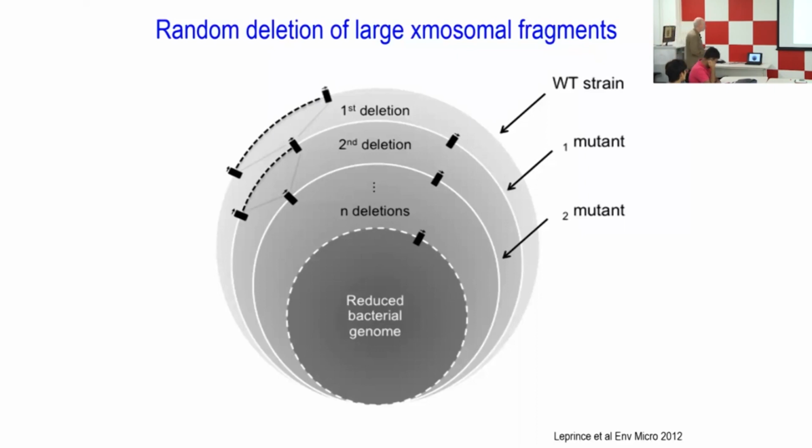But there are other ways to reduce the bacterial genome that are not directed but random. So how does it work? Sometimes in a bacterial genome you have segments that are adjacent and that may not be necessary for given applications, but you do not know exactly what they are. So what you can do, and we and others have done, is to use transposons. The transposons will